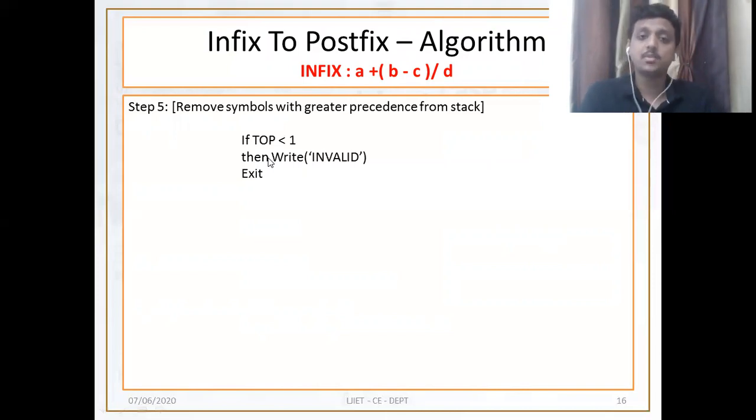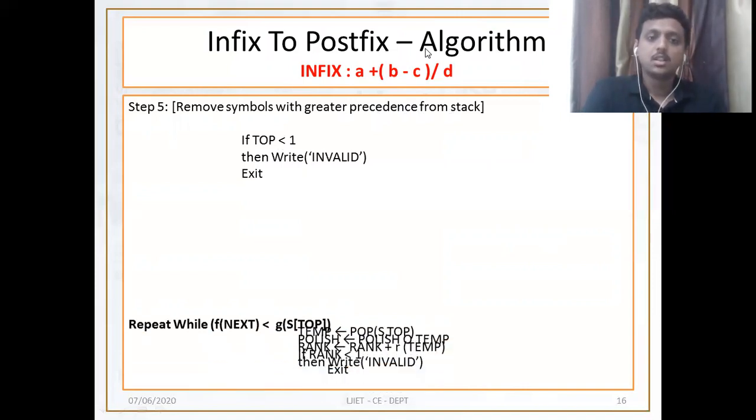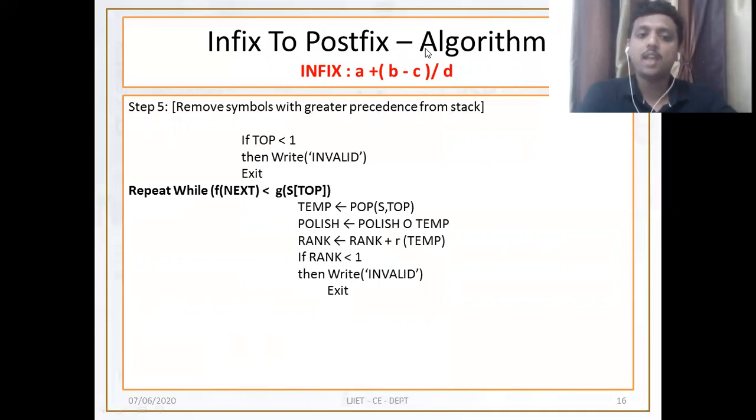Such situations come up whenever you have an extra opening or extra closing bracket inside the string. You can't trace it out by yourself. Still, if you have any query on this condition, you can call me anytime. Now, next is: repeat while f of next is less than g of s of top. We are just repeating the same step as the previous algorithm,